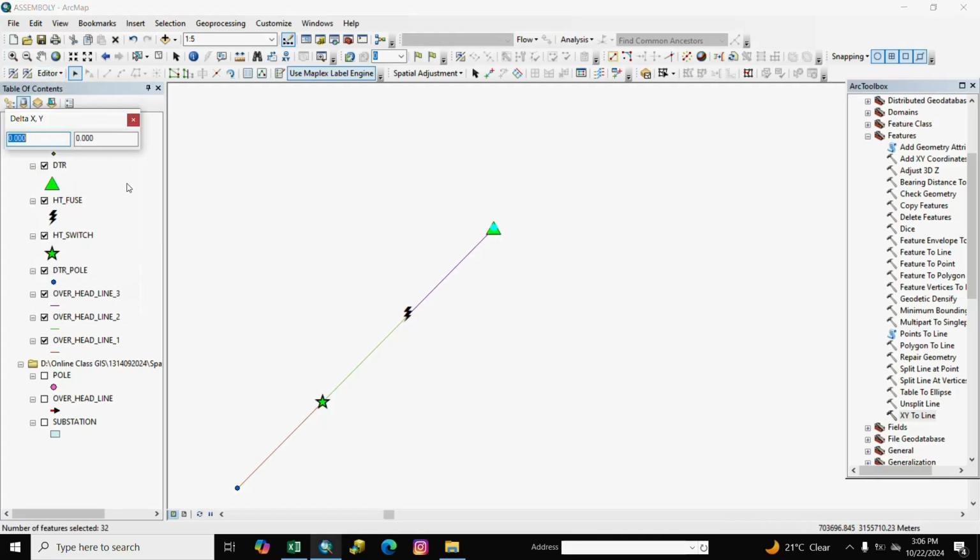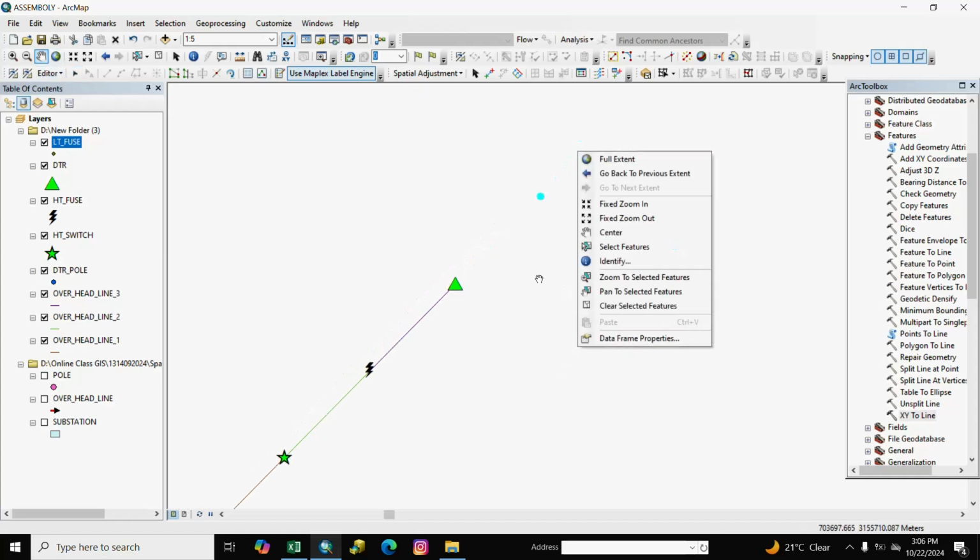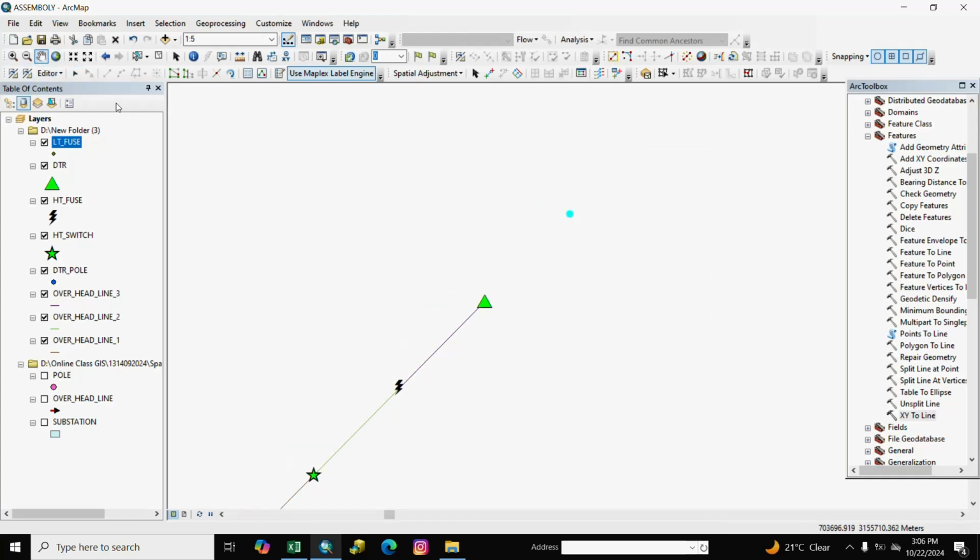And we move it 0.177 and 0.177 and enter. We move again and we save it, stop editing.